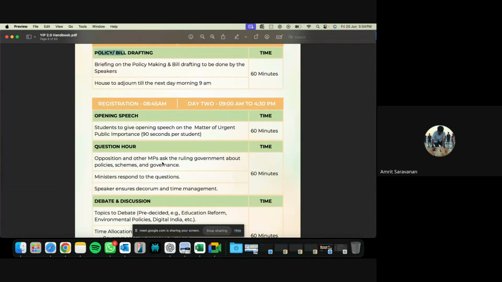For now, we've only talked about the opening speech, and the opening speech will be only about 5 topics that we will provide to you. We will provide those topics tomorrow, and you can choose to go deep into any of those 5 topics and talk about it for 90 seconds, how it's relevant to your constituency, structured as 30 seconds explaining what the issue is, and 60 seconds on how you would improve the current situation.